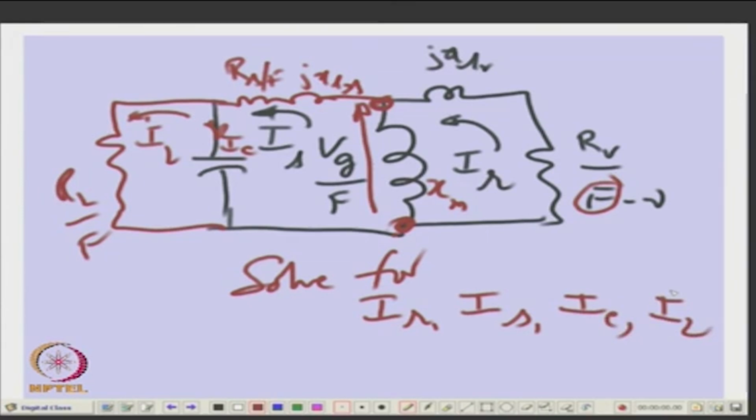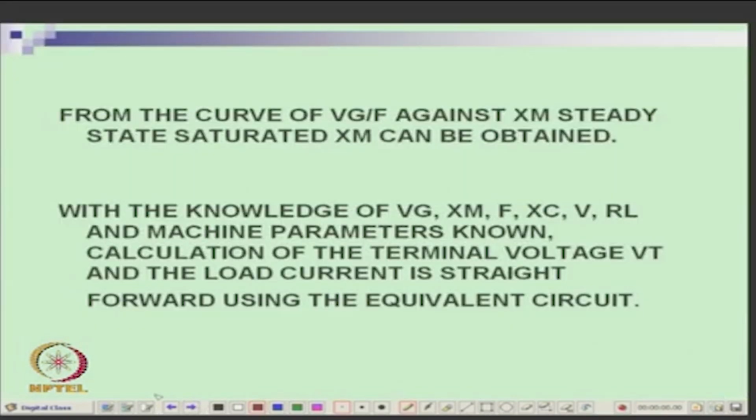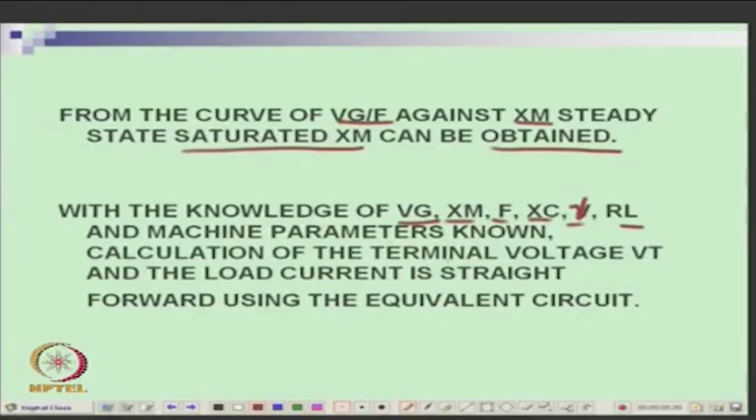So, your circuit is totally solvable now. So, from the curve of Vg by F versus Xm, the saturated Xm can be obtained, and with the knowledge of Vg, Xm, F, Xc, speed, RL and machine parameters known,